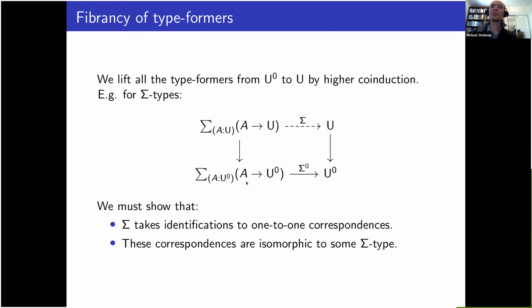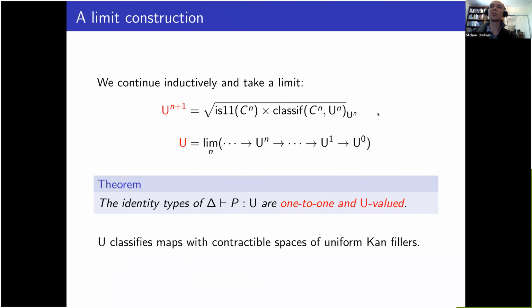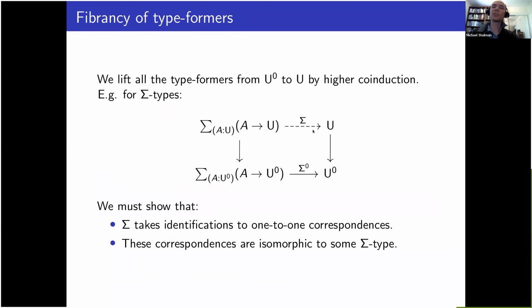We know that our U0 is closed under these, so we need to lift these classifying maps to U, right? Over here, I've got the type of types and a type family over them, and I want to map that to a type in U. And U here is defined by this limit construction, so it has a nice mapping-in universal property that I can use to define the sigma operator, and that's essentially using this higher